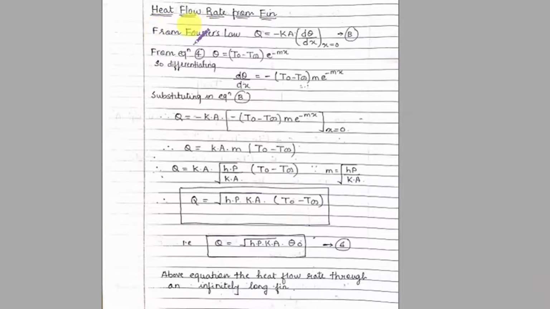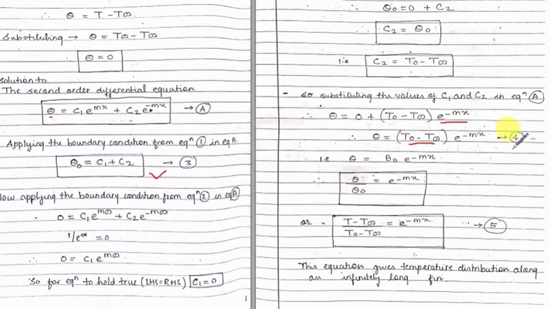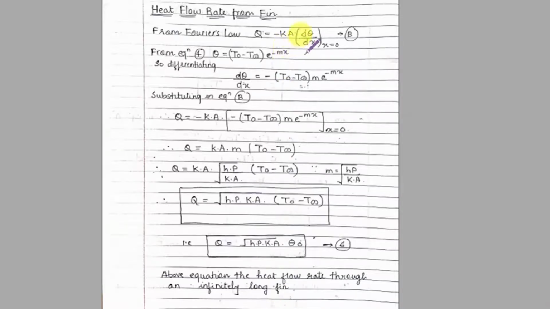All of you know that from Fourier's law, Q is given by minus Ka d theta by dx at x equal to 0. So instead of T, I am writing here theta. And theta is nothing but capital T minus T infinity. But from equation number 4, all of you know, theta is given by T0 minus T infinity multiplied by e to the power minus mx. I will just show you the equation number 4. See, this we have derived, right? Now what is our aim? Our aim is to find out the value of d theta by dx at x equal to 0.